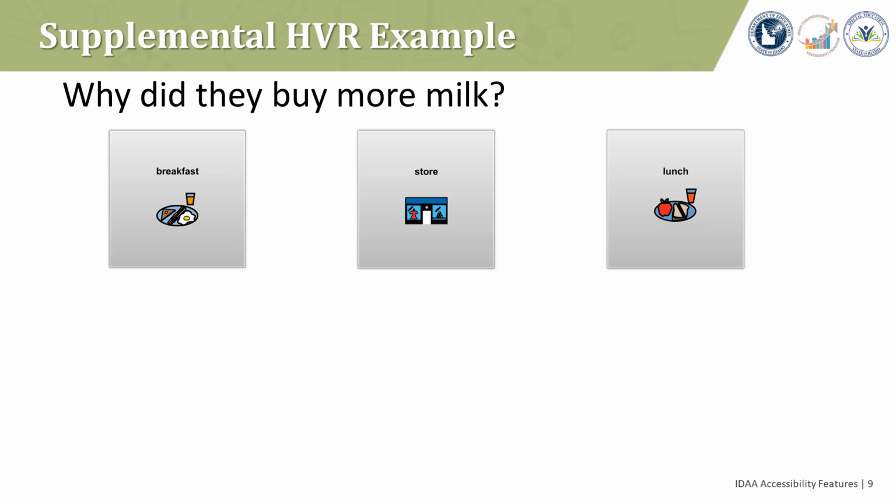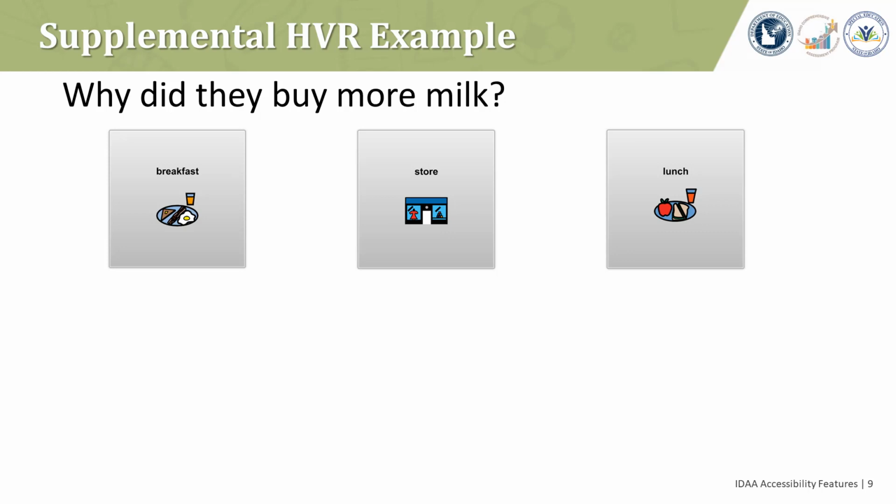Sorry about that. Option A is the graphic symbol for breakfast. Option B is the graphic symbol for store. Option C is the graphic symbol for lunch. I will tell you that you would not be able to answer this question as it is, even if you had read the passage. When you play the human voice recordings, you can see that the graphic symbols support the